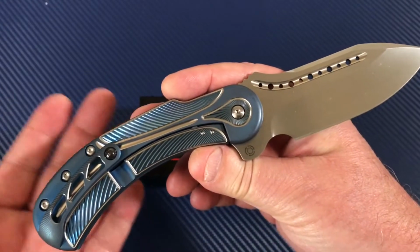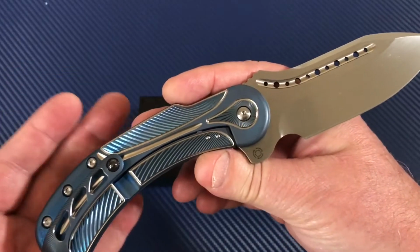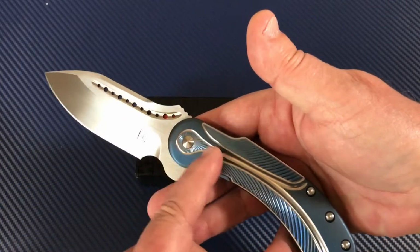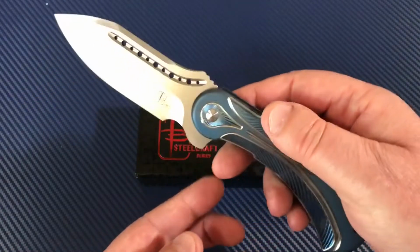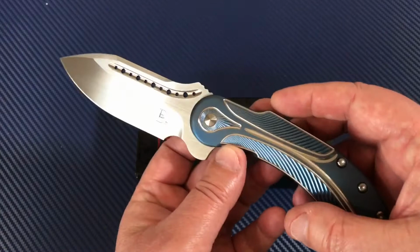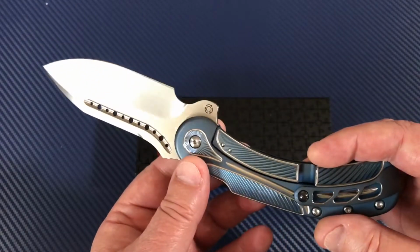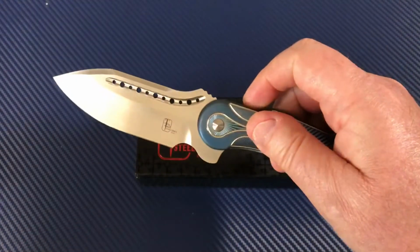Of course, I have a video that I did on the custom made Field Marshal that was made by Todd Begg himself, which kicked off this whole deal. And I'll put the link to that because that knife, to my knowledge, is still for sale, which would be good to have because it's a custom-made Todd Begg knife. And it also started this. He made that custom-made Field Marshal, and he made other custom-made Field Marshals, and then they went to this production model,